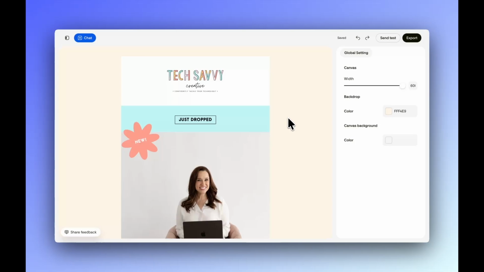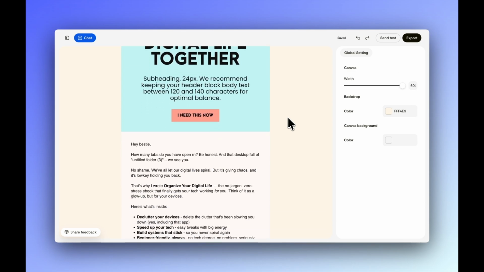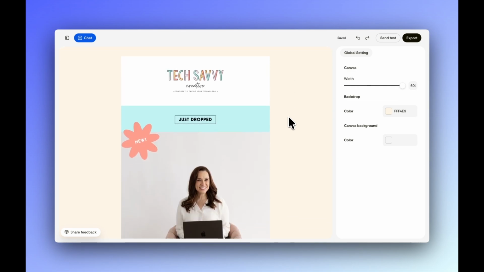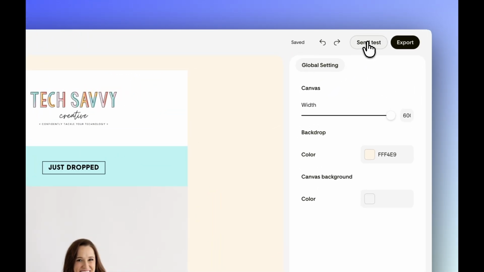Your design is ready. Now let's get it out into the world. Once your email is all set and ready to go, you can send a test email to your own inbox to make sure it looks exactly how you want it to. Click the Send Test button